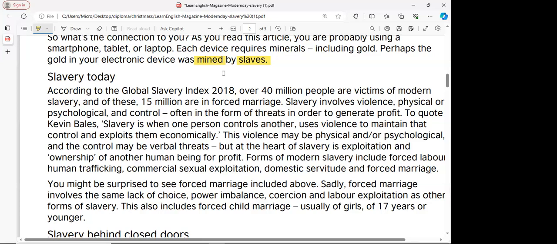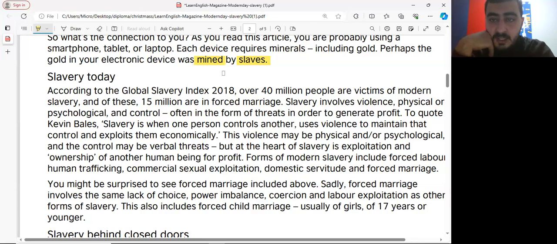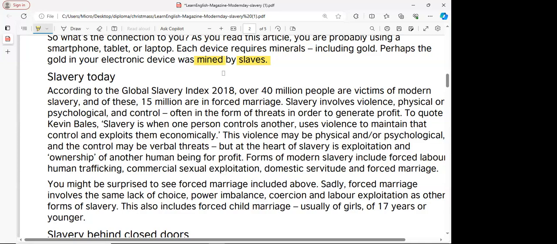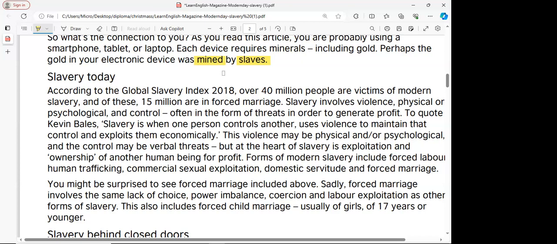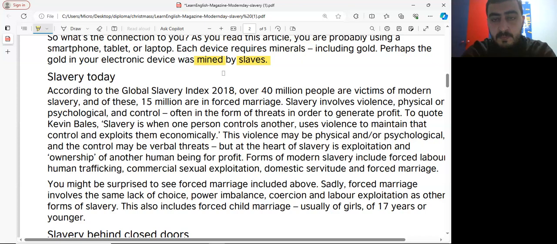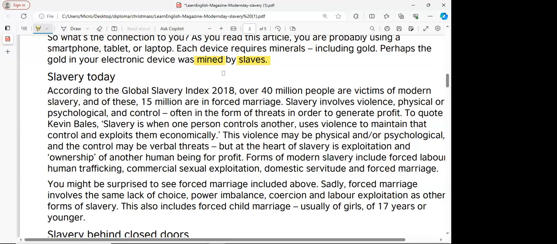Slavery involves violence, physical or psychological, and control, often in the form of threats, in order to generate profit. To quote